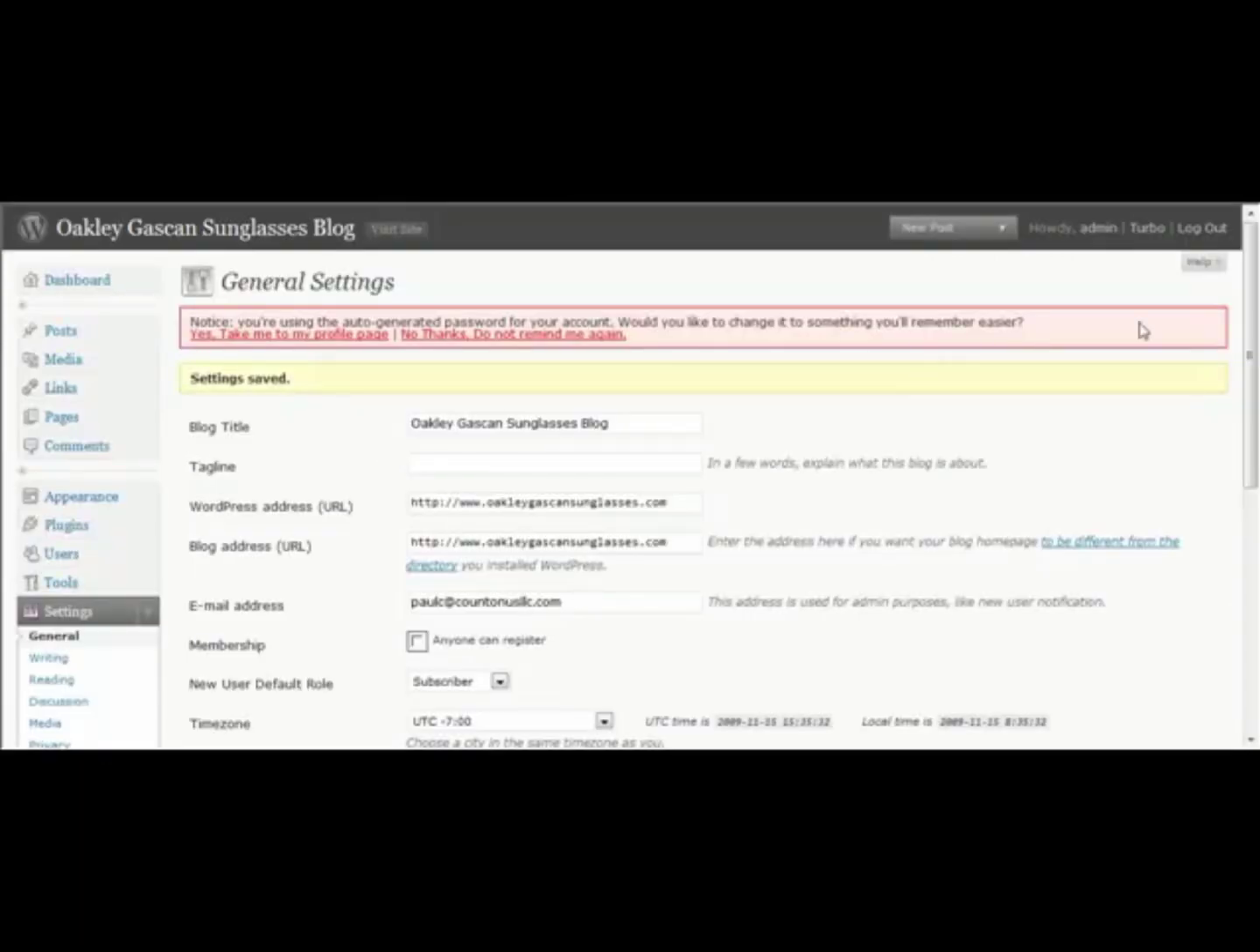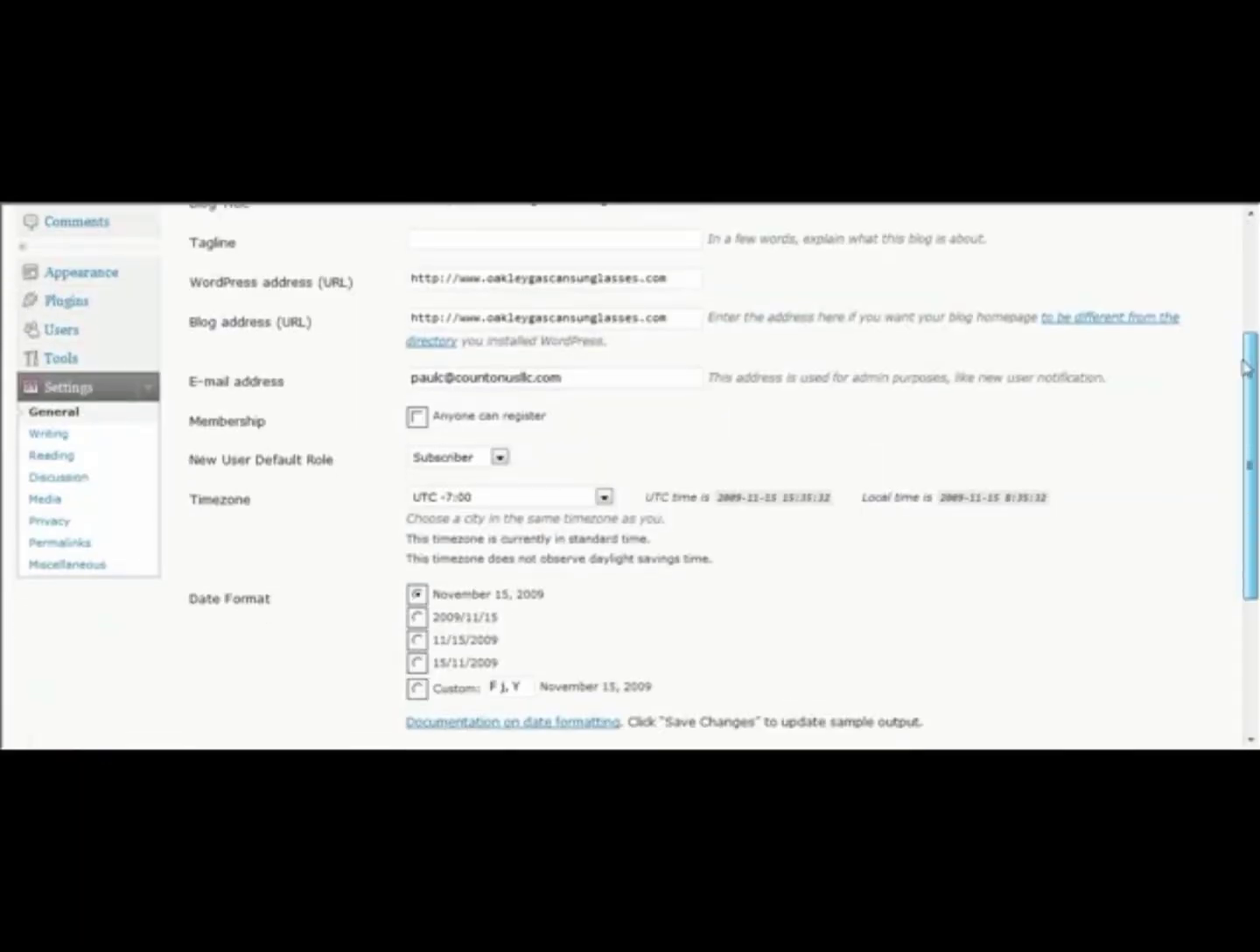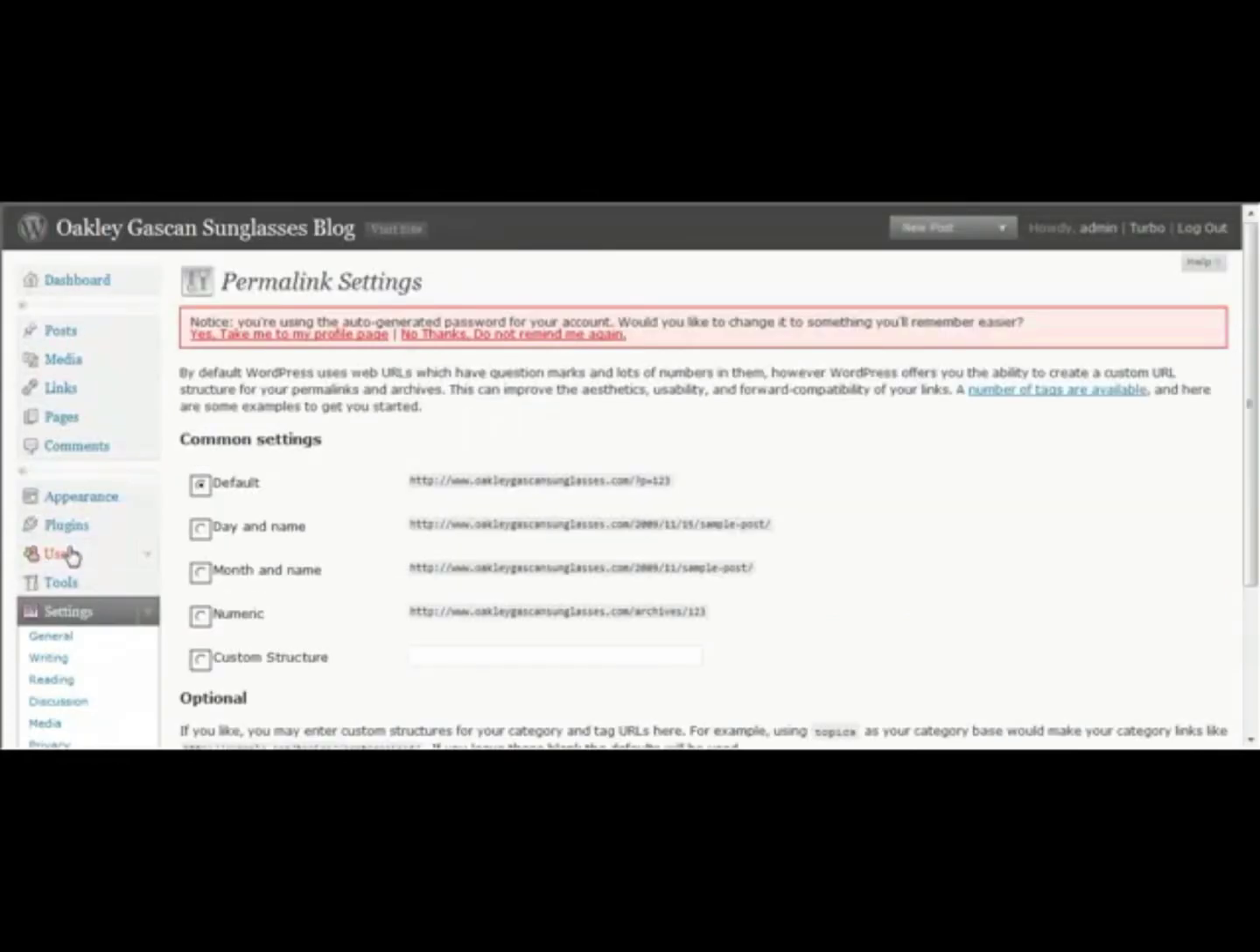The next thing that I would do is come right down here on the left hand side under settings, and you want to look for something called permalinks. Inside permalinks, you want to make sure that custom structure is the option you choose, and you want to set it up so it looks like this. Custom structure, you want to do /%postname%/